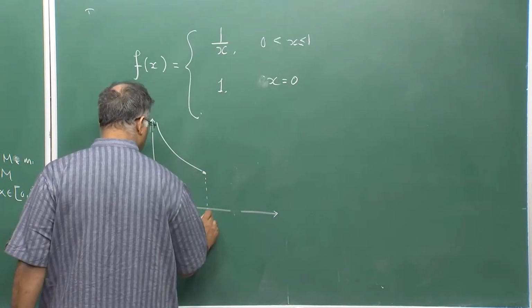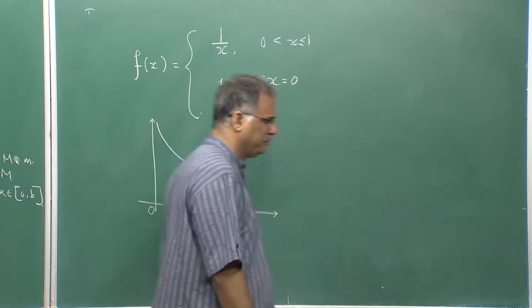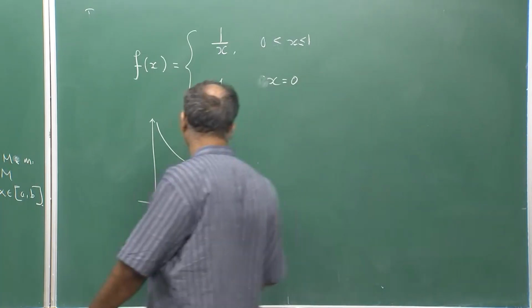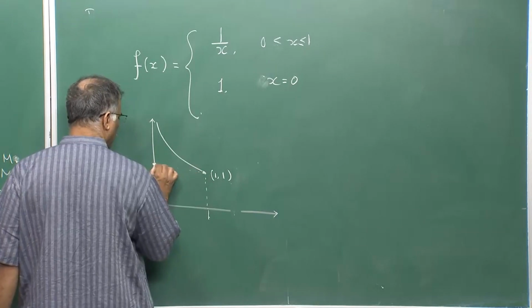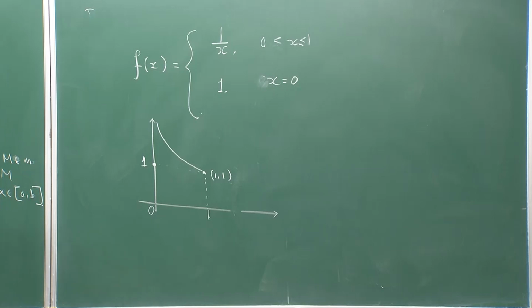So, this is 0, this is 1, and this point is 1, 1. And at 0 the value is 1. So, you can understand it is a discontinuous function,